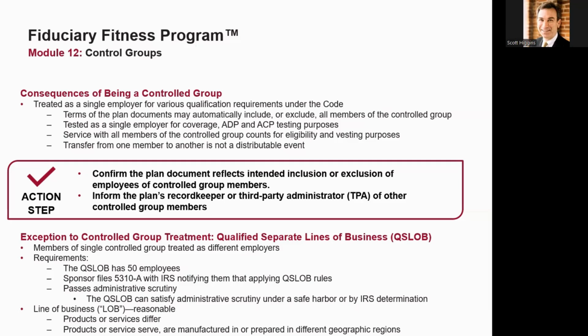So under the action items, confirm the plan document reflects intended inclusion or exclusion of employees of control group members. It should stipulate other firms that are either included based on ownership or excluded based on ownership from the plan. Very important consideration. The second action step is to inform the plan's record keeper or TPA of controlled group members